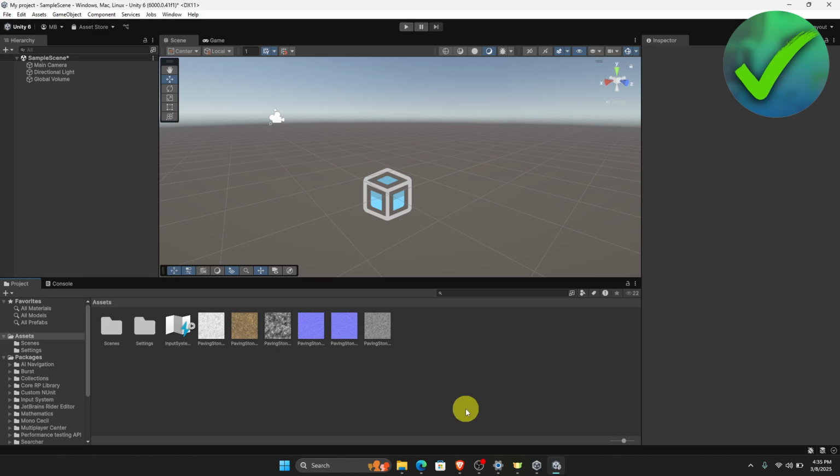How to add PBR textures in Unity. So that is what I'm going to show you guys in this super quick and easy tutorial. So let's get started. So the first thing that we need to do on this part is to upload all